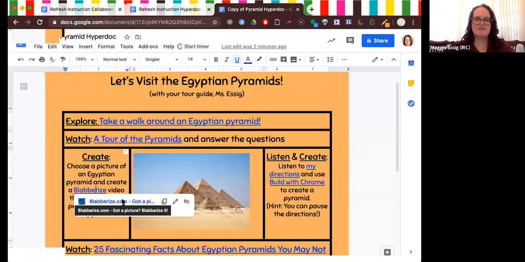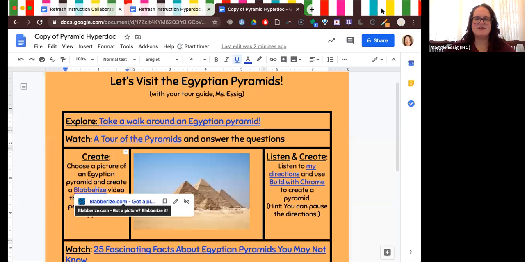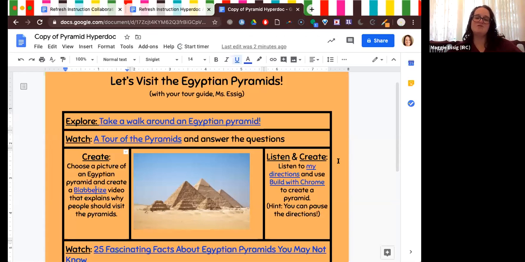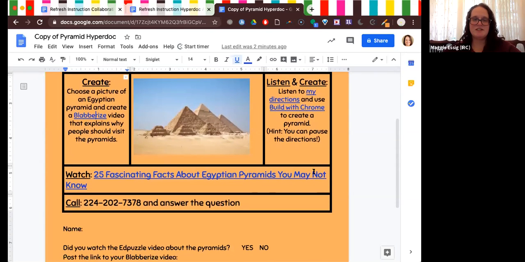Now I'm gonna try this. Blabberize is giving me trouble the other day. What Blabberize does is it allows you to take a picture and draw the mouth and then talk, and in my example, it looks like the pyramids are telling you why you should come visit them. I can't figure out why Blabberize isn't working for me this week. It was working for me all the other weeks, but such is the life of a teacher that uses technology,